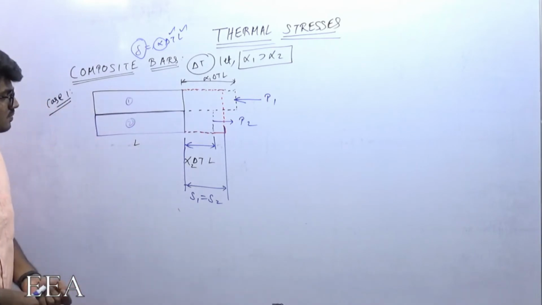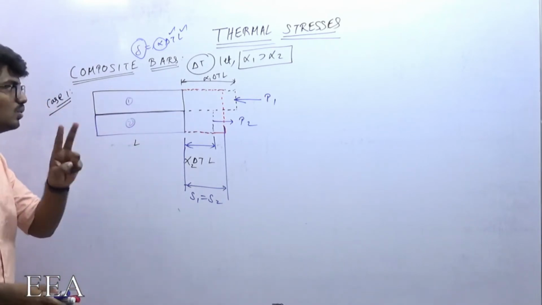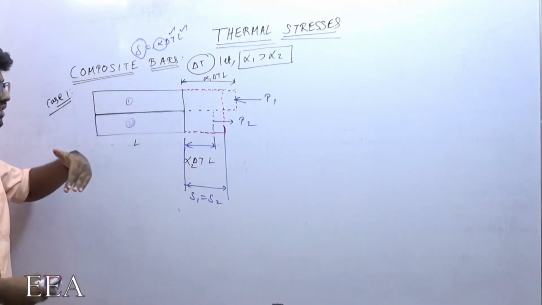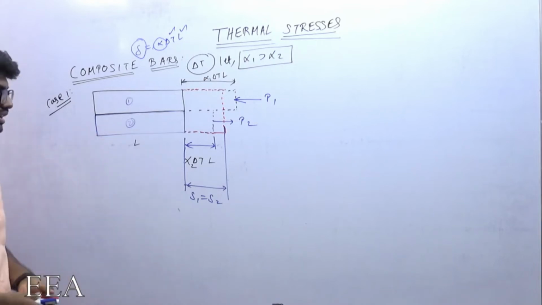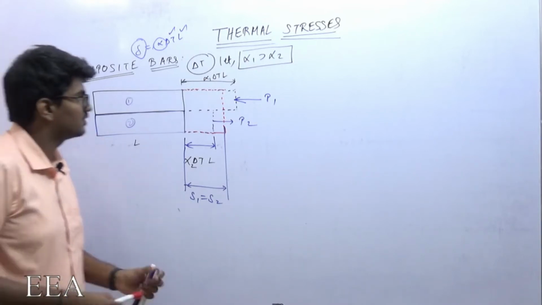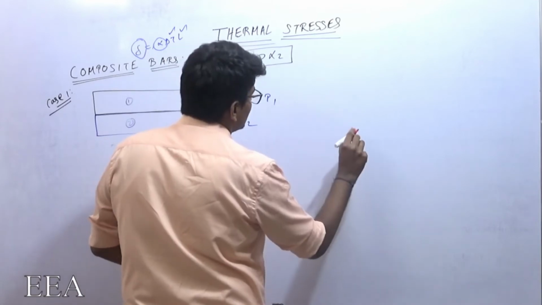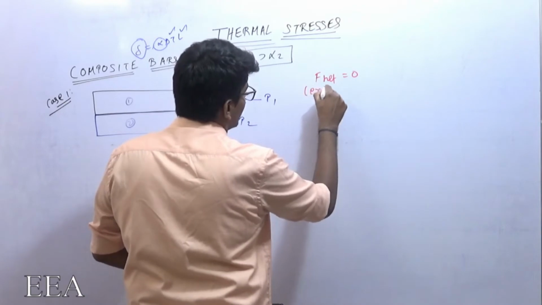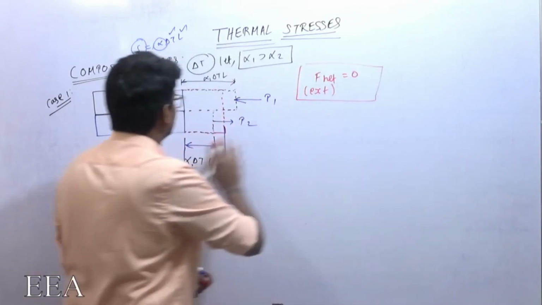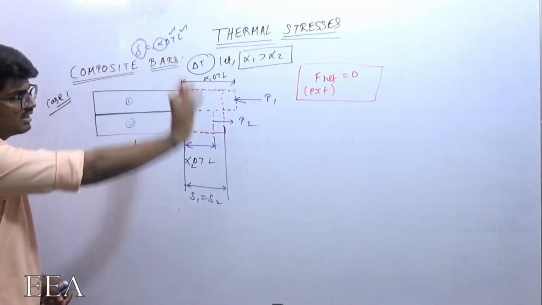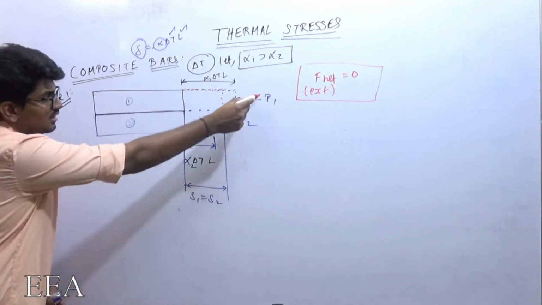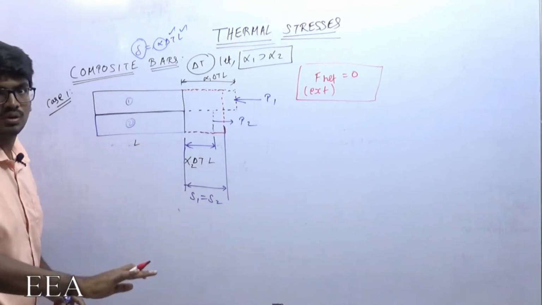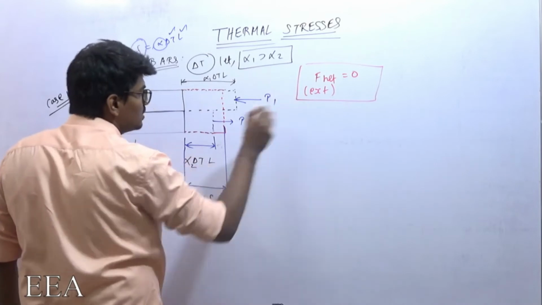Now, we need two equations. The reason is, for solving this completely, we need to have two equations. And what are those two equations? First equation. One thing you need to be very clear about: the net external force which is acting on the total member. You just consider 1 and 2 completely. Other than P1 and P2, was there any other external force? There is no other external force, which means P1 should be equal to P2.